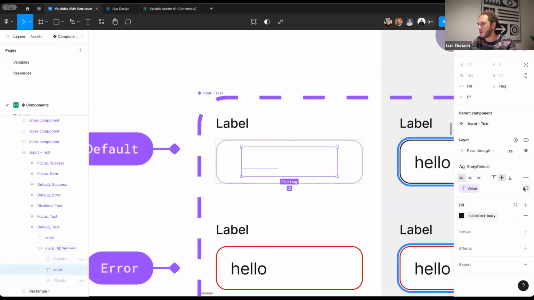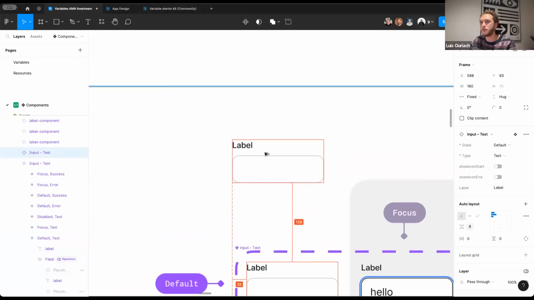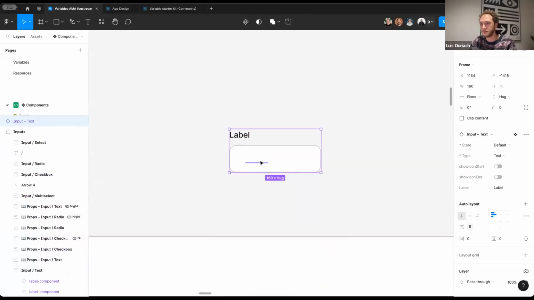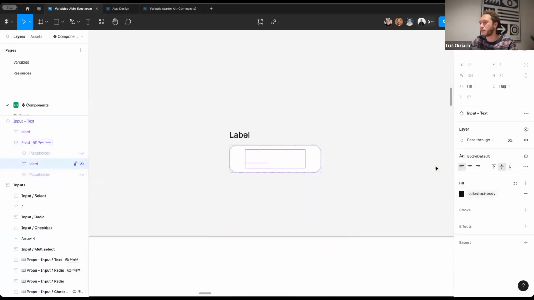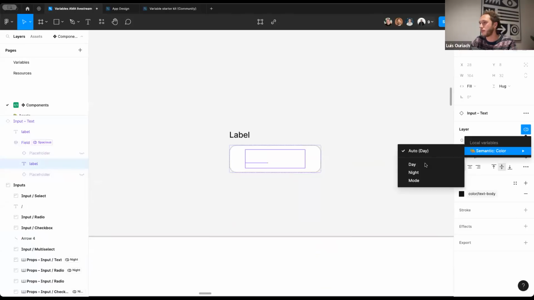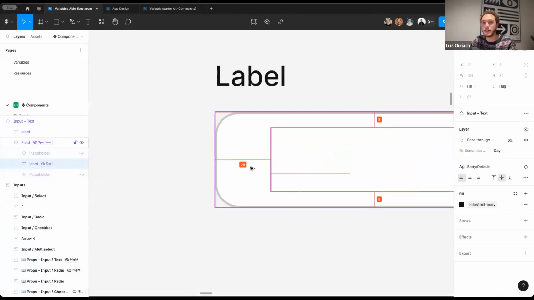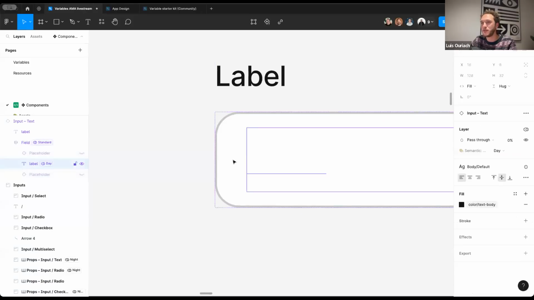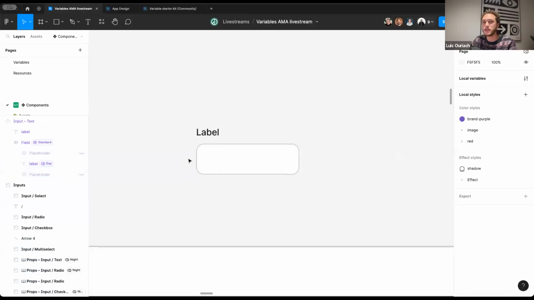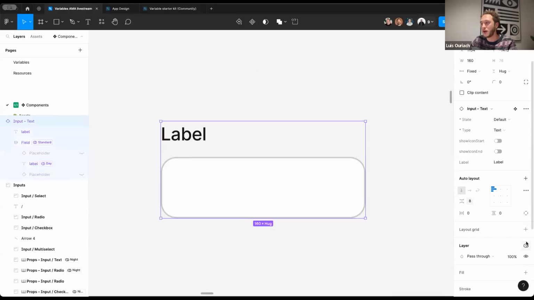I'm just going to detach this here and pull this out actually, just so we can see the example. So you can see the space between is now 28. And before, on that standard mode, the space is 16. So those densities have been reduced. Additionally, we can do the light and dark mode switch